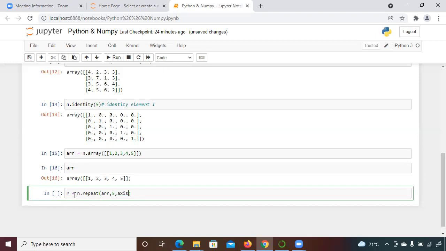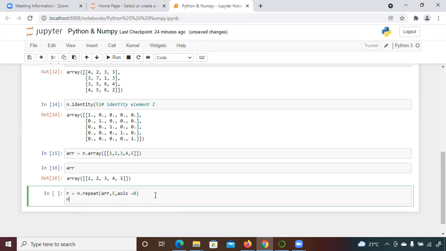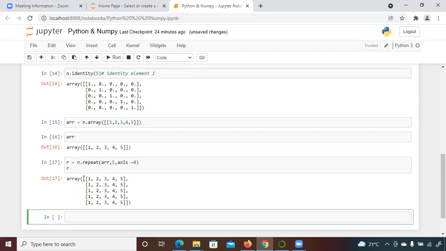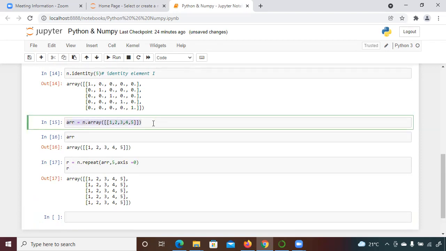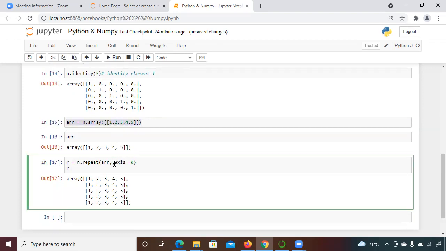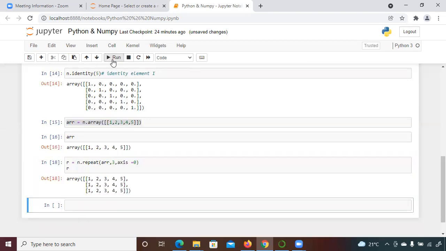Axis 0 means row wise you want to repeat. So you can see here that the same element is repeating 5 times, 1 2 3 4 5. If I change this 5 to 3 and run this again, it will be repeating 3 times.